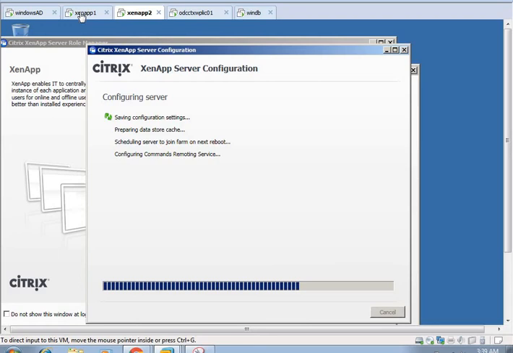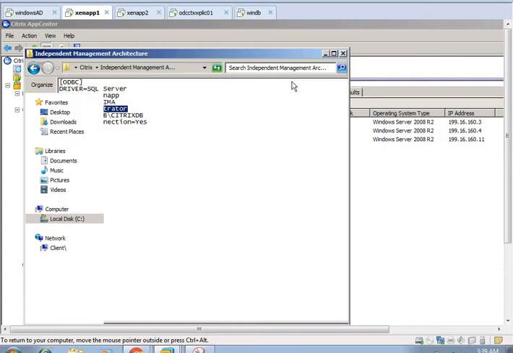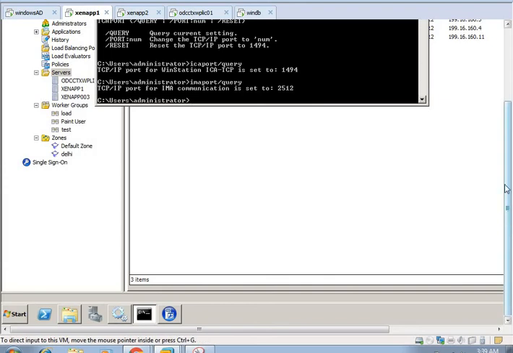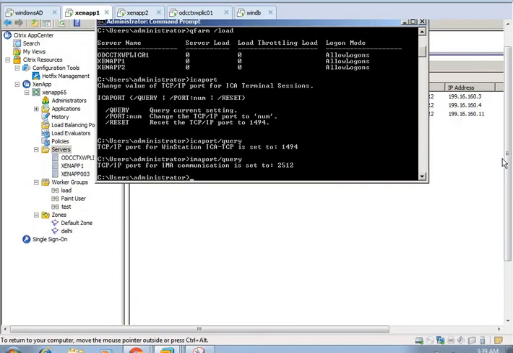And one more thing, if from the command qfarm /load you are getting a load of 10,000, you can get that in two situations. If a server is really under load, you will get 10,000. And in another case, there is no user load on the server, and in that case you are getting this error.